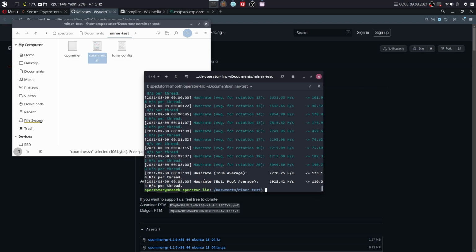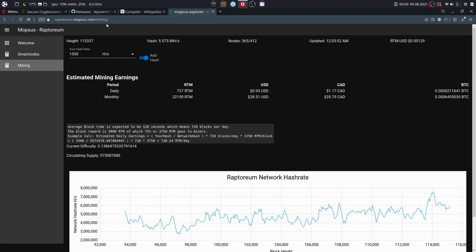Once we have results, let's take a look at the estimated pool average. We have this. Now we can go to this mining calculator and enter our hash rate. Here we can see daily we will be doing 935 Raptoreum, which at current price is worth 1.2 US dollars, and monthly